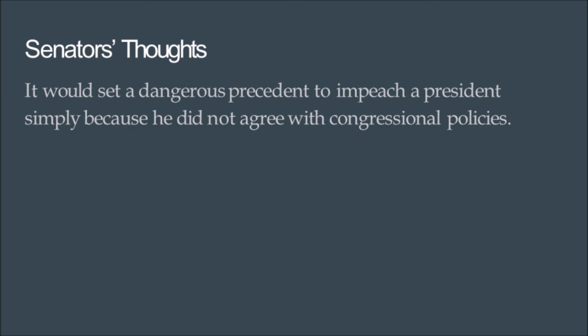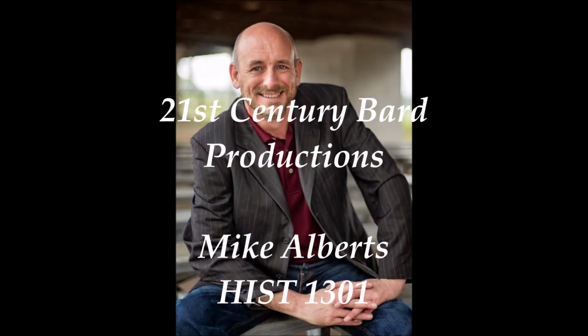The trial goes pretty quick. Within a few days, it's over. But he is ultimately found innocent by 1 vote. He was 1 vote shy of being removed. And it wasn't because the person thought he was innocent. They said, in fact it was Stanton that talks about it, says that while I believe he is guilty of these crimes, it would set a dangerous precedent to impeach a president simply because I don't agree with you. So he is saved from removal by 1 vote. And by the way, to this day, we've never